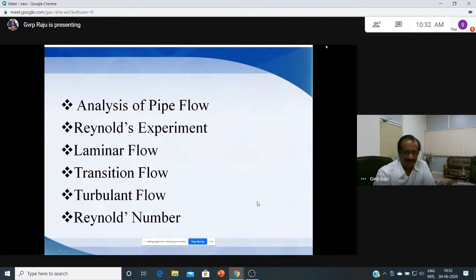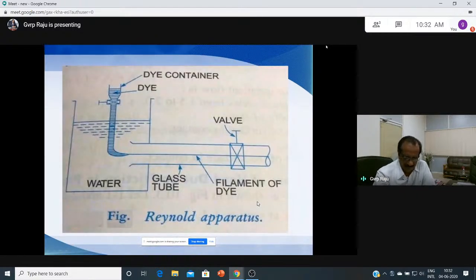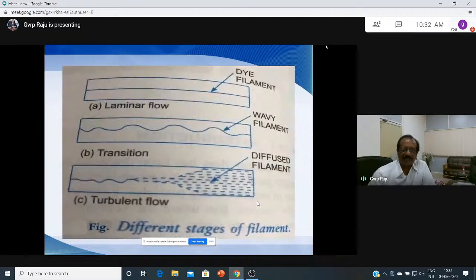Reynolds experiment, which we discussed yesterday, and we have a laminar flow. If you see here, the filament is tight and stable. If the fluid flows steadily and regularly without any mixing, you can say it is laminar flow. In between laminar and turbulent is a transition flow, where it shows irregularities,